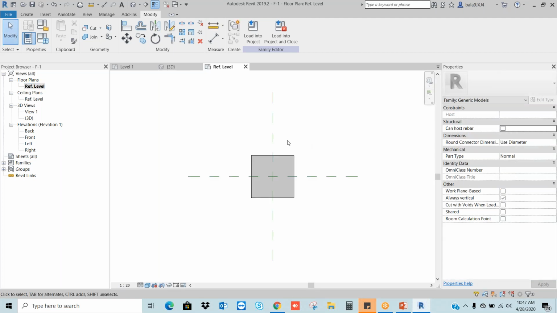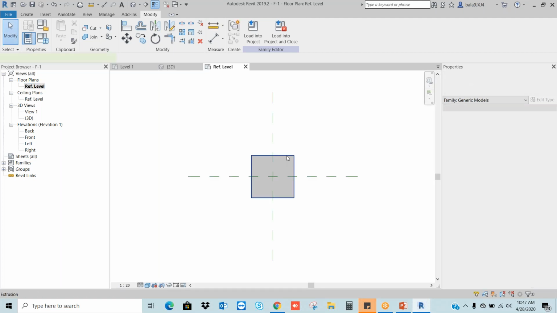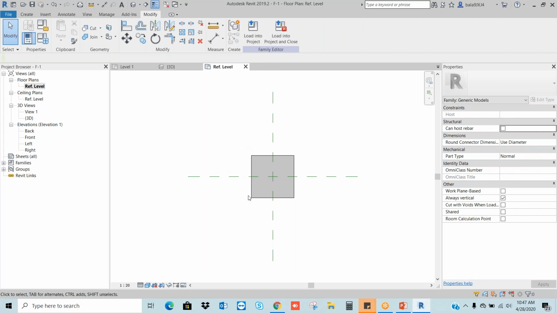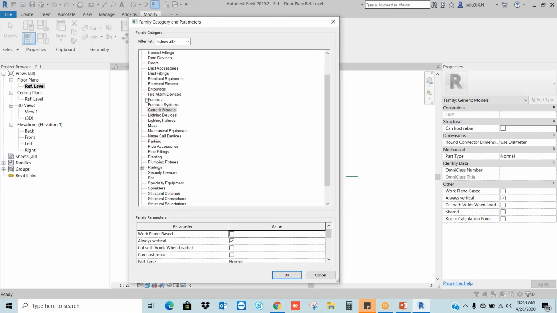Okay, let's say this is my cube. Here I want to assign one specific category for this cube. To assign the category, go to the properties. You can see here family category and parameters. Select it. You can choose any kind of category.